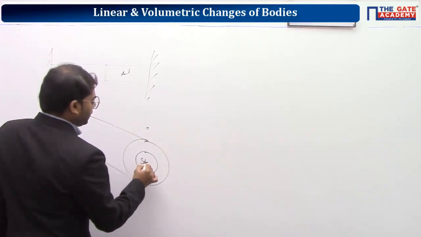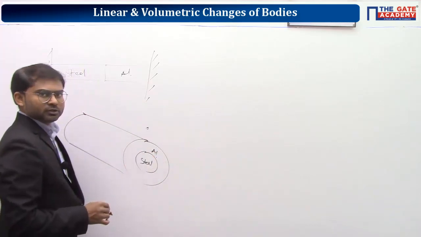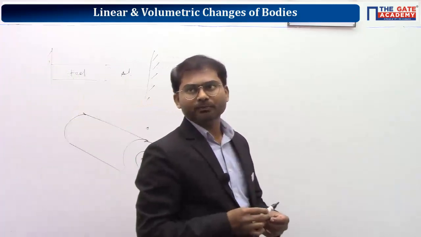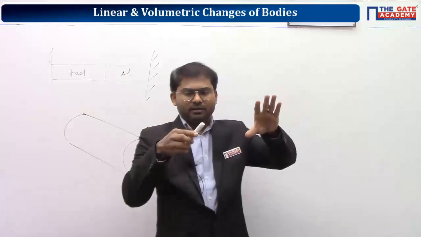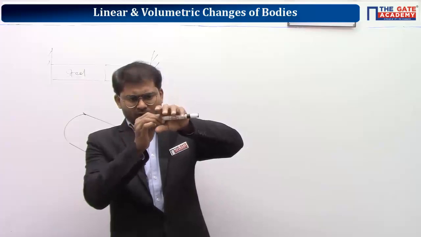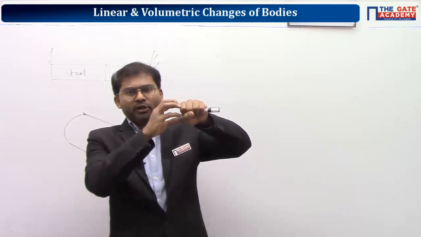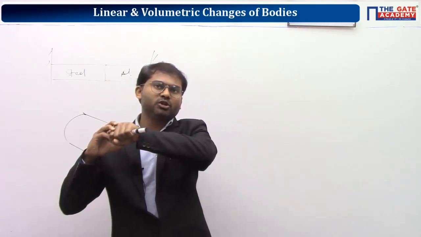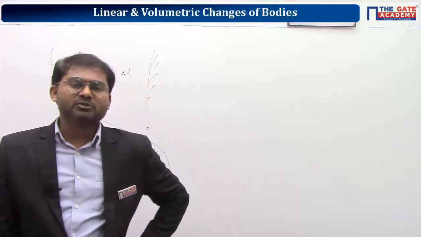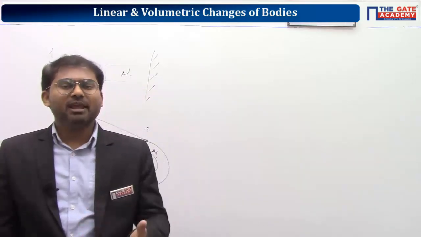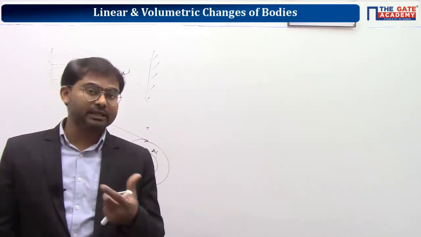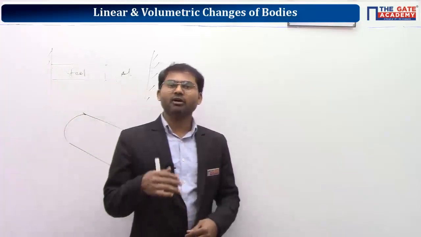So here it is steel and the remaining part is aluminium. So basically how is it produced? We insert a steel bar inside an aluminium tube. Understand? Okay. And after assembling, both should elongate by the same value or both should compress by the same value. After assembling, if steel is elongating by some value and aluminium is elongating by a different value, then both are acting independently. So we don't want that to happen.